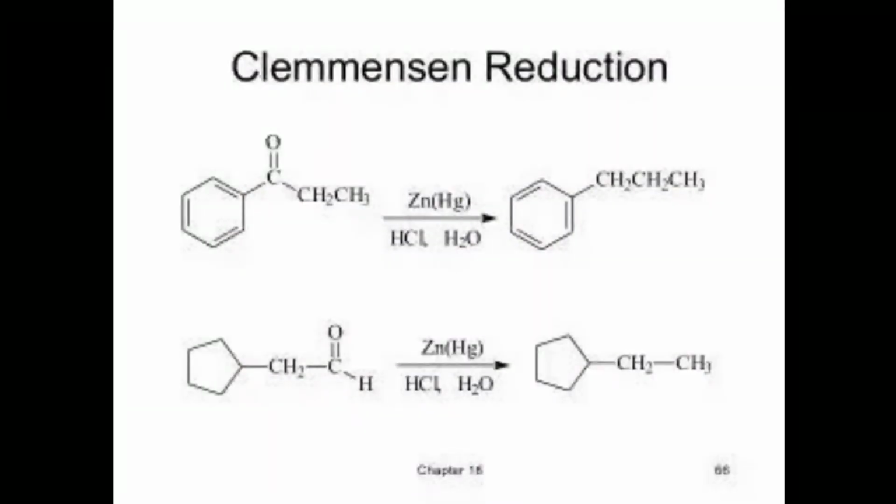The next reaction is the Clemmensen reduction reaction. The carbonyl group of aldehydes and ketones is reduced to methylene group, which is the CH2 group, on treatment with zinc amalgam and concentrated hydrochloric acid, or hydrazine followed by heating with sodium or potassium hydroxide in a high boiling solvent like ethylene glycol. Next reaction is the